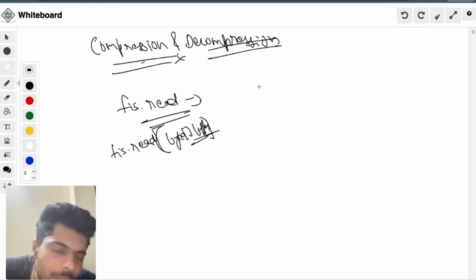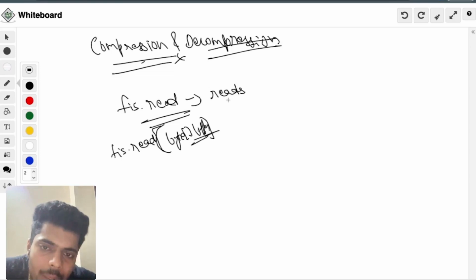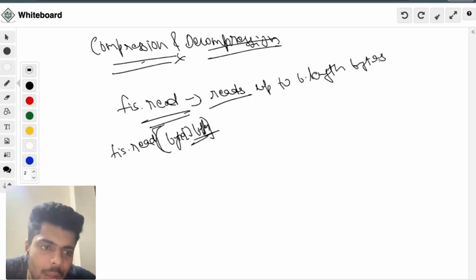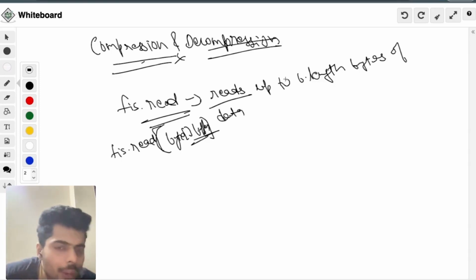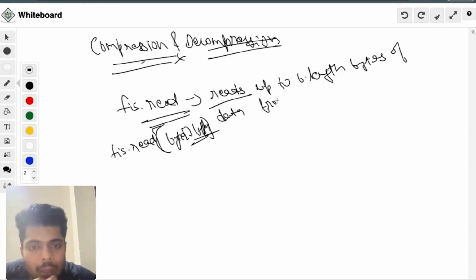So what it does here is, it reads up to b dot length, buffer dot length, bytes of data from the input stream